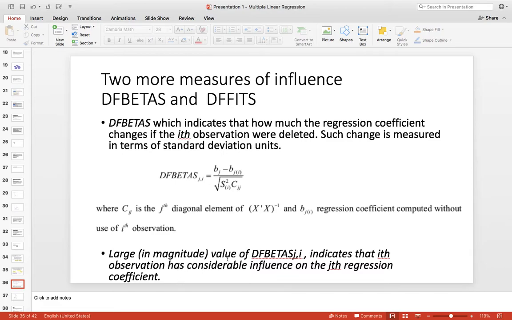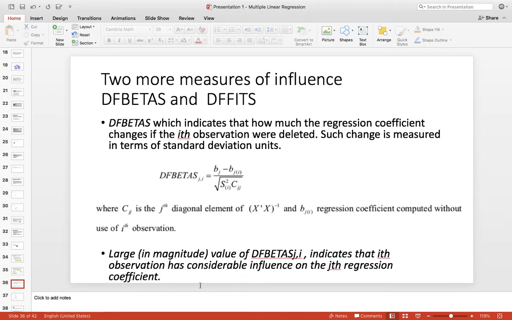So large in magnitude values of DFBETAS_ji indicate that the ith observation has considerable influence on the jth regression coefficient. So you could find out this. You do it for each observation versus each variable, and you can find out which variable affects the regression the most.